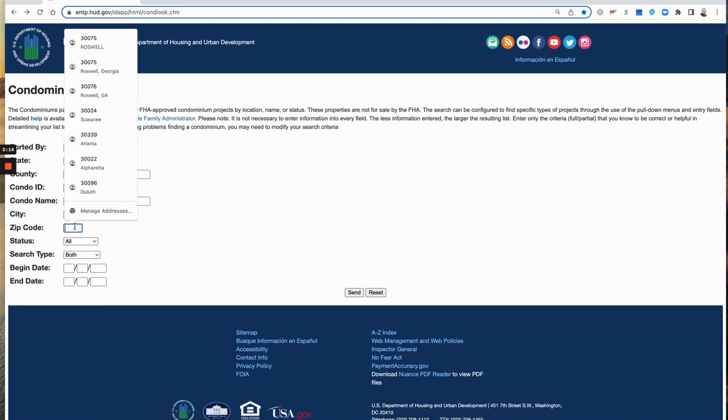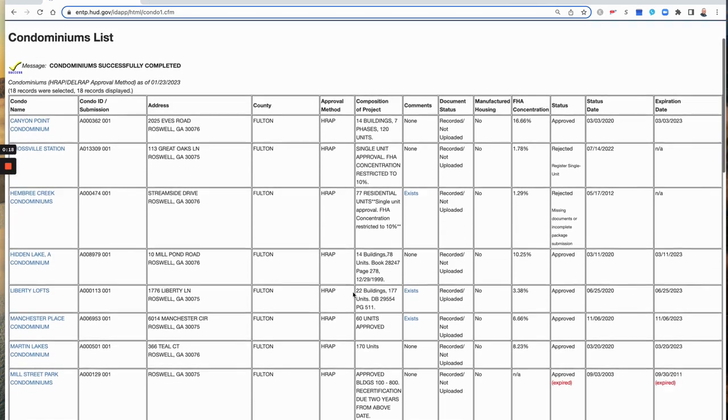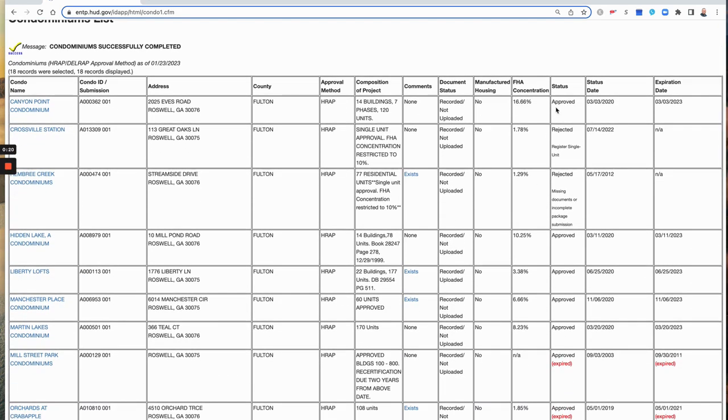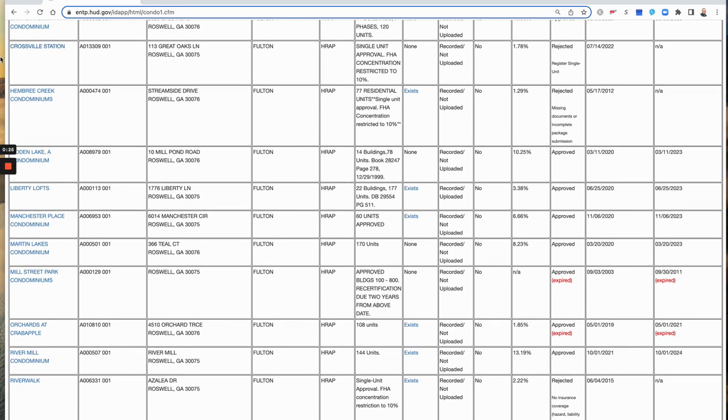All that to say, you can go out to this website, which is HUD.gov, and come to the page that I brought up here for you, and you can actually check to see if that condominium complex is eligible. But as always, good advice, I would have your lender double check that before you go too far down the path. All right, so I hope those tips are helpful in understanding the differences between the FHA